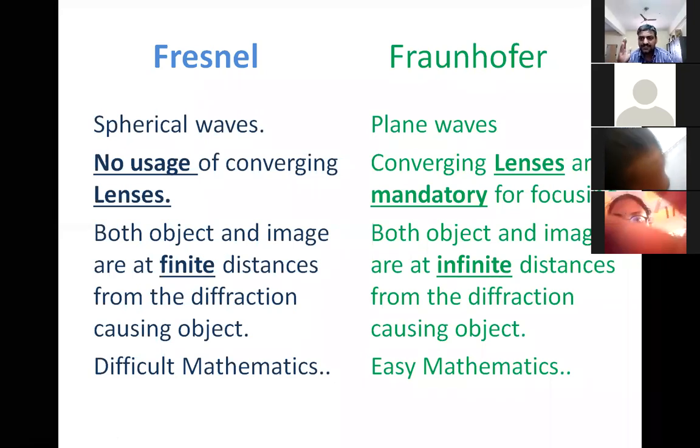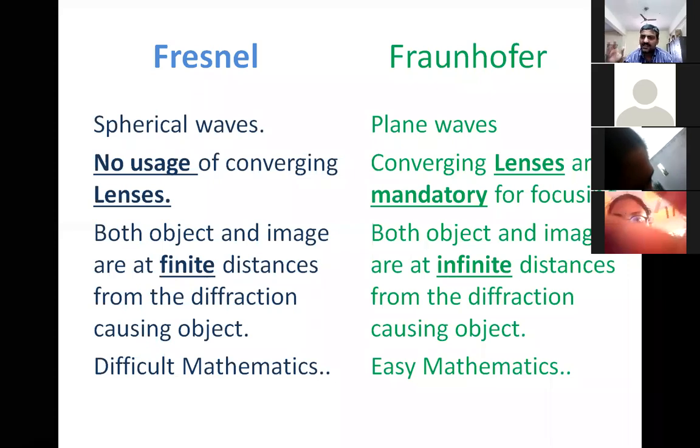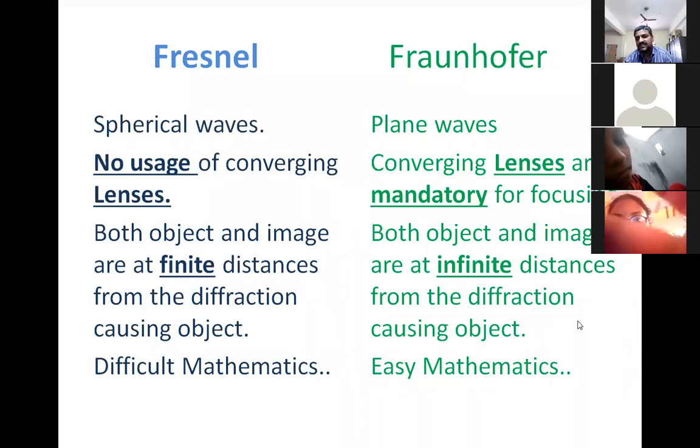In physics, if you are using a converging lens or any convex lens, and you keep some object at its focus, the image will be formed at infinity. Infinity really doesn't mean the infinity of mathematics. So a distance beyond a certain value can be treated as infinity in physics, right? So you are going to keep both the object and the screen in Fraunhofer class effectively at infinity. I use the word effectively. So physically it is not really infinity, but it is a finite larger distance, right? So you call it an infinite distance.